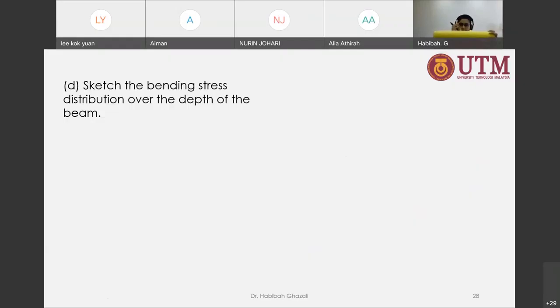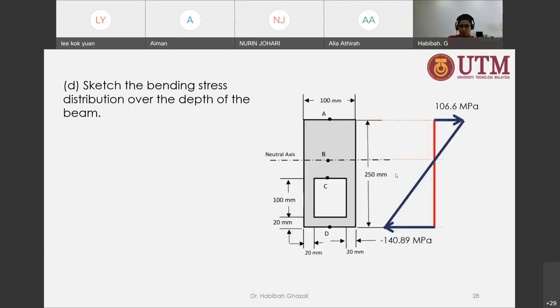For the top part, it's going to go from 0 at the neutral axis to 106.6 megapascal